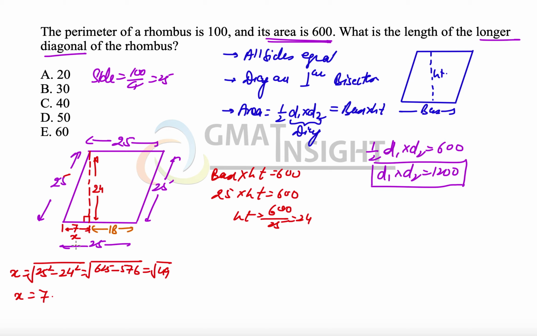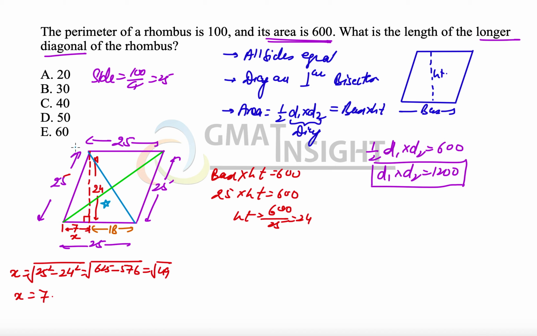Alright, so now we have this figure and now I'm going to draw the most important thing here, which is the diagonal, because we need to find the length of the diagonal. Although this is the shorter diagonal, using this shorter diagonal I will be able to find the length of the longer diagonal as well. The green one is the longer diagonal, the blue one is the shorter diagonal. So let me quickly find the length of the shorter diagonal here, because now I see that we have this triangle in which one side is 24, one side is 18.